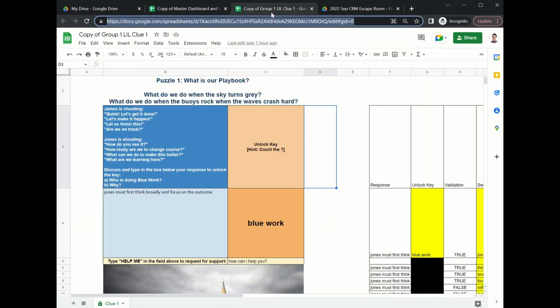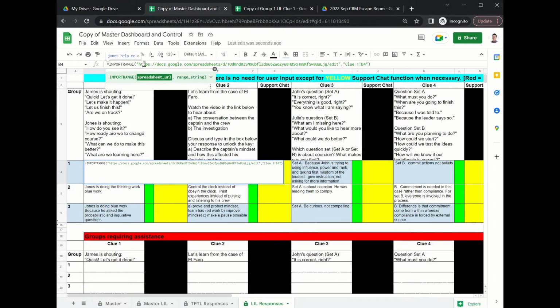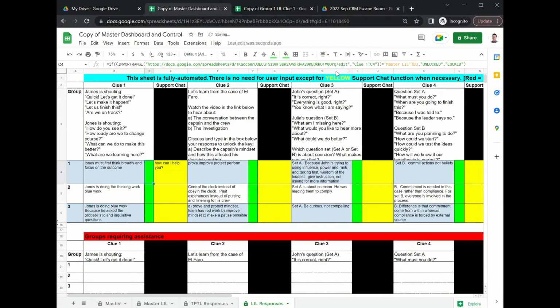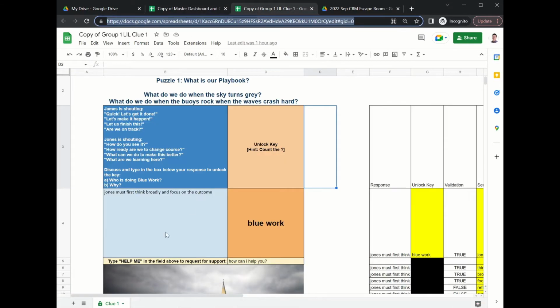Let me copy this over again. Somehow it didn't replace properly, so I'll replace this by myself. Delete away all the stuff. And you notice that it imports in the function over, right? So Jones must first think broadly and focus on the outcome, which is the exact same response as that key